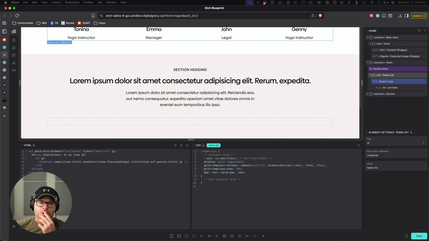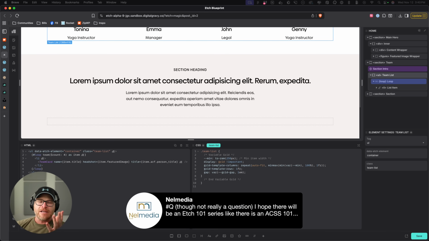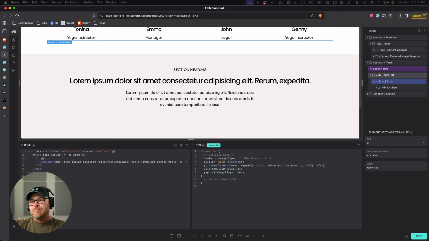Hope there will be an Etch 101 series like there is ACSS. Oh yeah, it's just going to be called Page Building 101 Era 4, and it will use Etch, and I will show things that are possible in Etch that aren't possible in any other environment for WordPress, and that will effectively be an Etch 101. But it will also open everybody's eyes to the fact that you should be able to do this stuff, and it should make it easy for you. So that's going to be the king of all